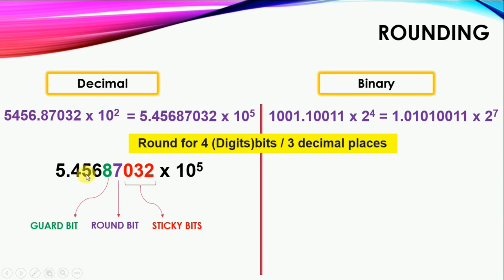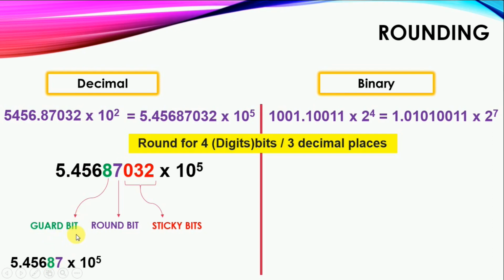So you have to be very clear here. Apart from the required number of bits, the very first extra bit is known as the guard bit. The second extra digit is known as the round bit. The remaining extra bits are known as sticky bits. Sticky bits can be omitted for rounding, since here we need to consider only 4 bits. Even though we have 2 extra bits, guard bit as well as round bit, you can omit the sticky bits. Based on the guard bit and round bit only, we are going to perform the rounding operation.